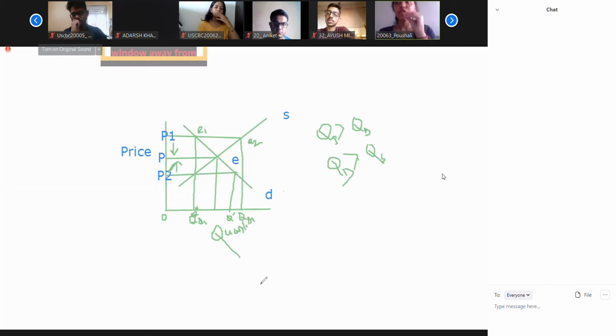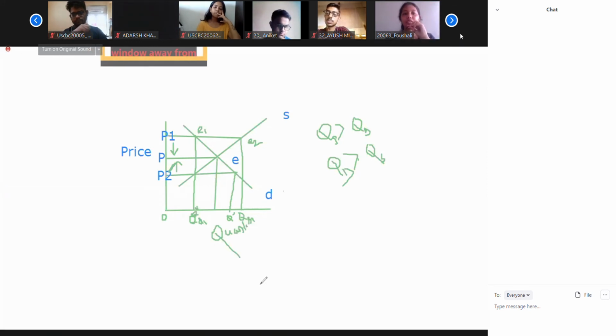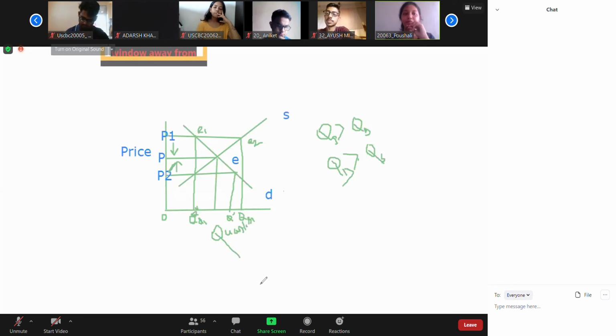Price of substitute goods. Do you have any idea regarding substitutes? Just give an example. Ma'am, suppose if the price of tea reduces, then the demand of coffee may increase. No, demand will decrease, because customers will substitute and go for more tea. If the price of the substitutes falls, the demand for the commodity will fall.